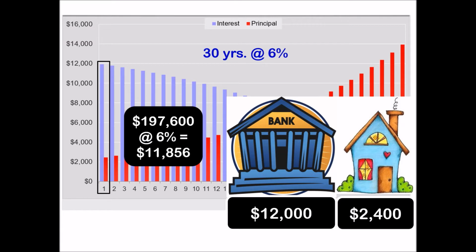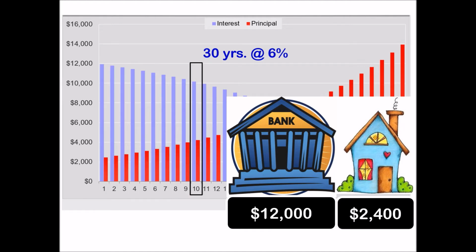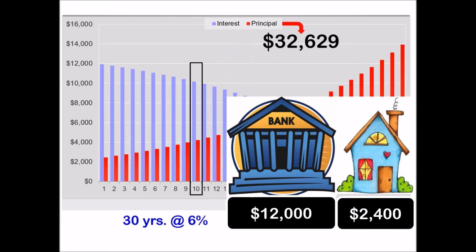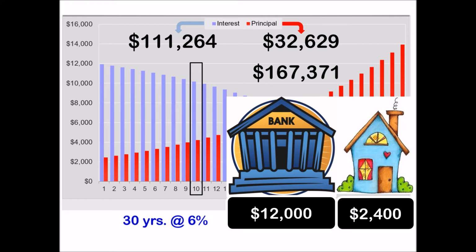So in this case right here, in 2 years' time, I've paid $24,000 to my lender. And let's project that forward 10 years, because statistics show the average homeowner owns the first house for about 10 years. Over 10 years, I would have amassed $32,000 that I get to keep towards the principal. But after a decade of paying, I still owe the bank nearly $170,000. Not only that, in that amount of time I've given the bank over $100,000.